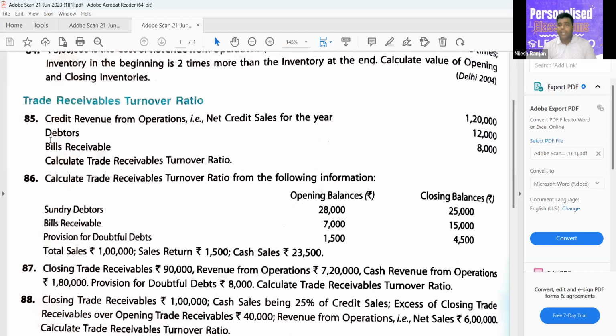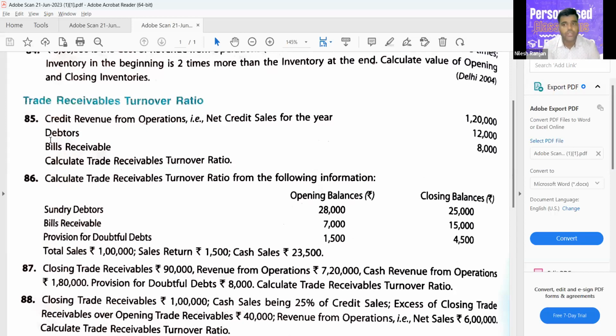Can you calculate average trade receivable in this question or not? Because for the formula of the trade receivable turnover ratio, we need average trade receivable. So can we calculate average trade receivable in this question? No. So we have to use the normal trade receivable, that is debtors plus bills receivable, 12,000 plus 8,000,